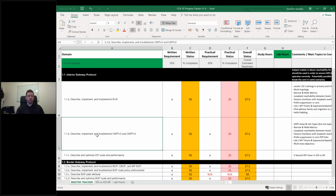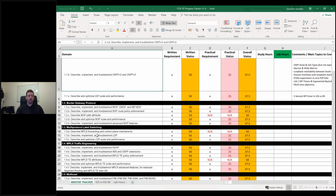So you can't not expect to get that in the lab exam, and if it's in the lab exam, it's probably going to be in the written exam. So if we look at another example somewhere further down,